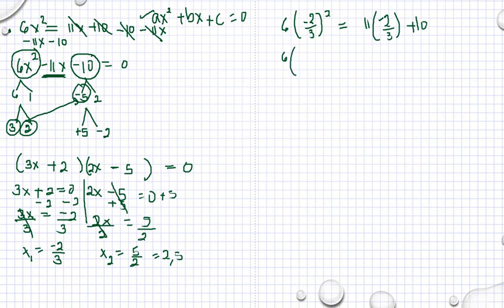So we have 6 times 4/9 is equal to negative 22/3 plus 10. Then we have, by 3 there, 2 and 2/3 is equal to